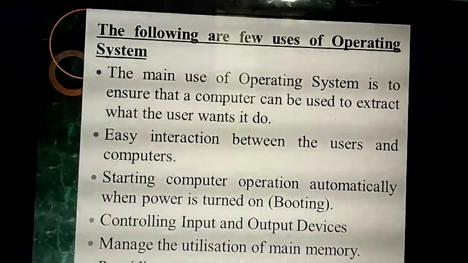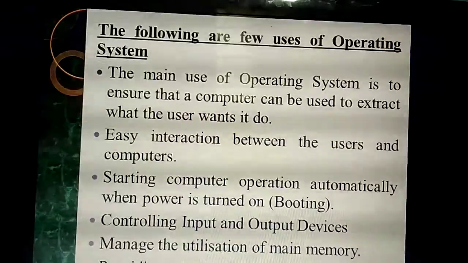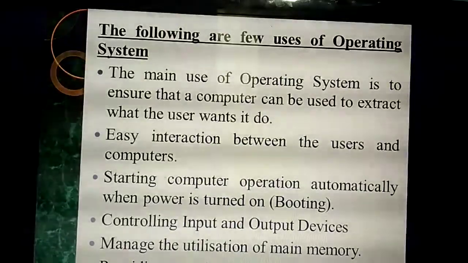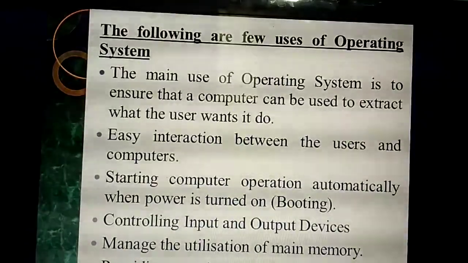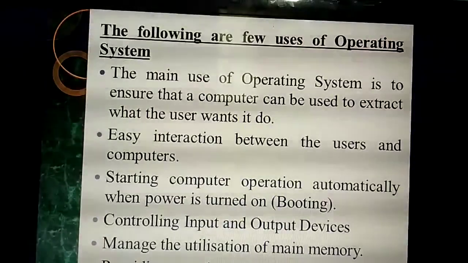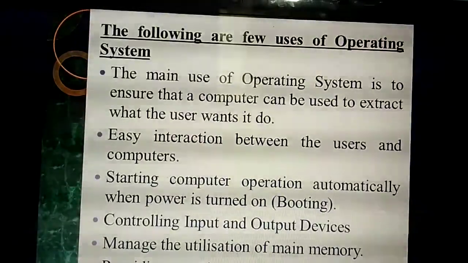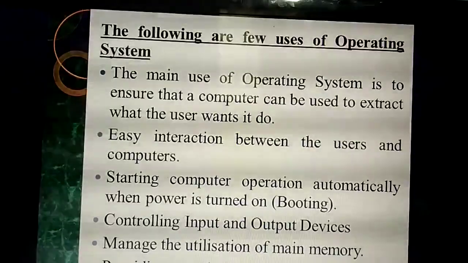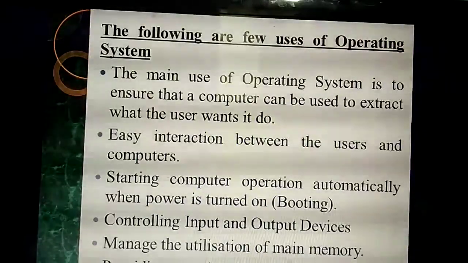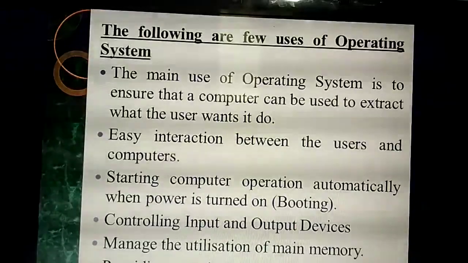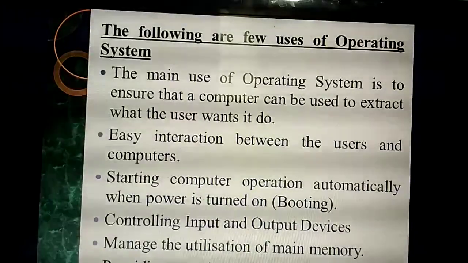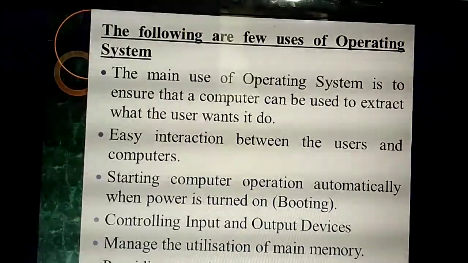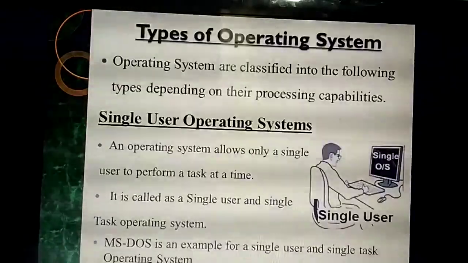So what points have you studied in the uses of the operating system? Based on the user needs, the operating system works and acts as an intermediary between the user and the computer. Once you switch on the computer, which software is loaded first? The operating system; that process we call booting. Then the operating system controls all the devices connected to the computer. Memory, how much space a particular user is going to use, is all controlled by whom? The operating system. Understand? Yes.